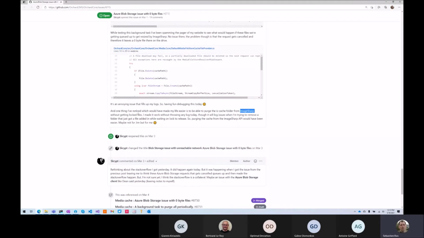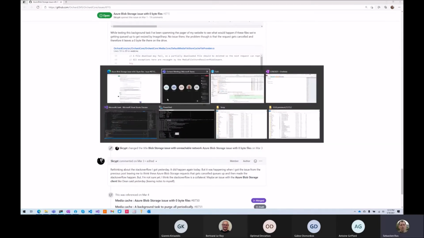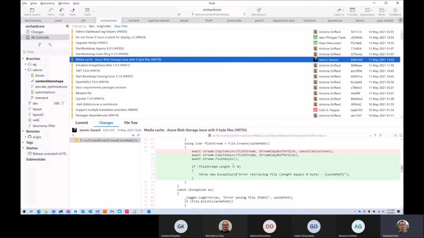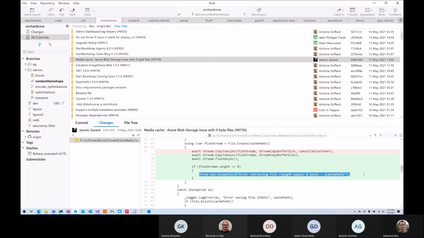Okay, ImageSharp might have locked some files, but this was fixed. But here, it's interesting to throw an exception. If it's flushed and it's 0, why throw an exception? What's the issue there?